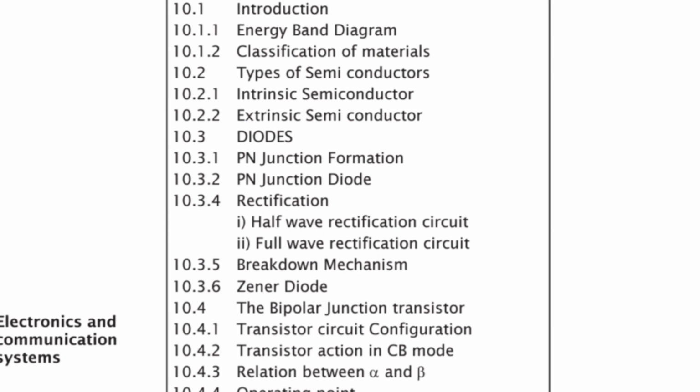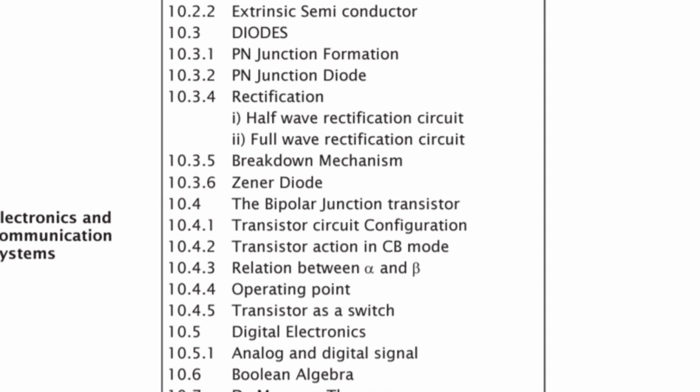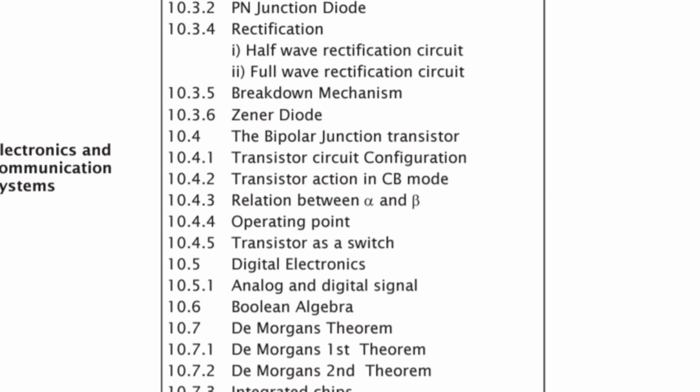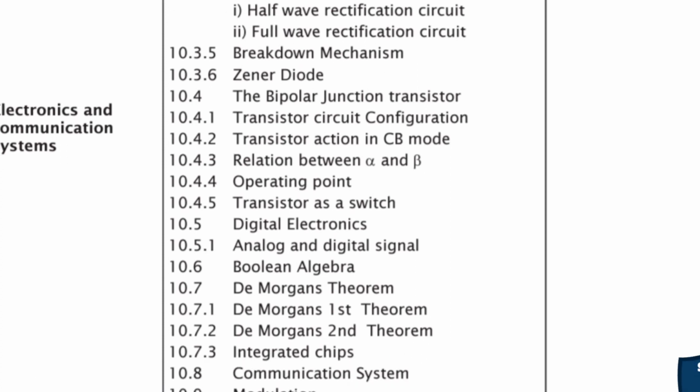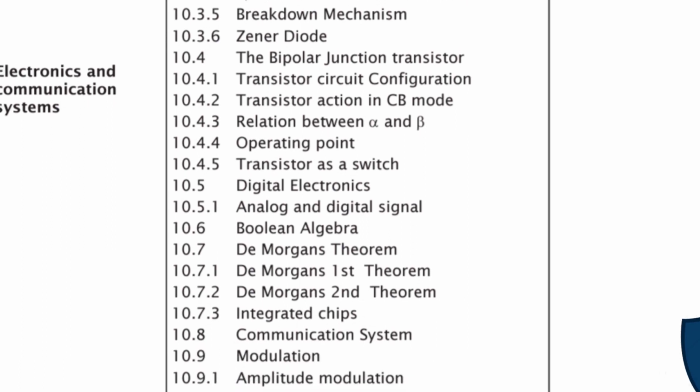First, half wave rectification circuit, second, full wave rectification circuit, 10.3.5 breakdown mechanism, 10.3.6 Zener diode, 10.4 bipolar junction transistor, 10.4.1 transistor circuit configuration, 10.4.2 transistor action in CB mode, 10.4.3 relation between alpha and beta, 10.4.4 operating point, 10.4.5 transistor as a switch, 10.5 digital electronics, 10.5.1 analog and digital signal, 10.6 Boolean algebra, 10.7 De Morgan's theorem, 10.7.1 De Morgan's first theorem, 10.7.2 De Morgan's second theorem, 10.7.3